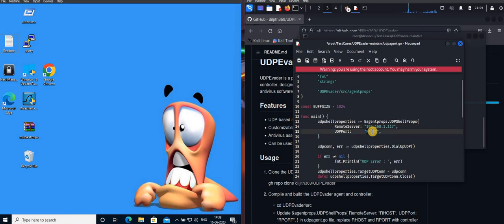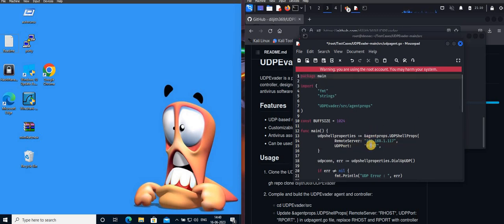So the output can be anything, but you should ensure that the port you mention here is set up with your listener. If you run your listener without any custom port, the default port will be 8080. Either you can mention that here, or you can mention a custom port like